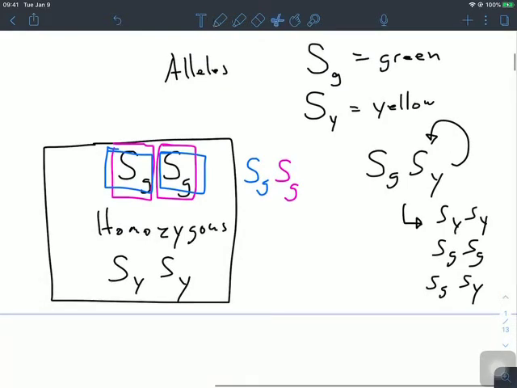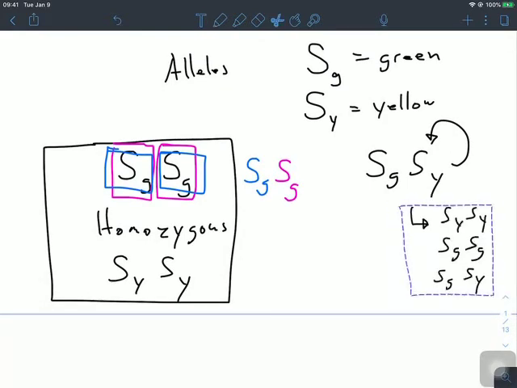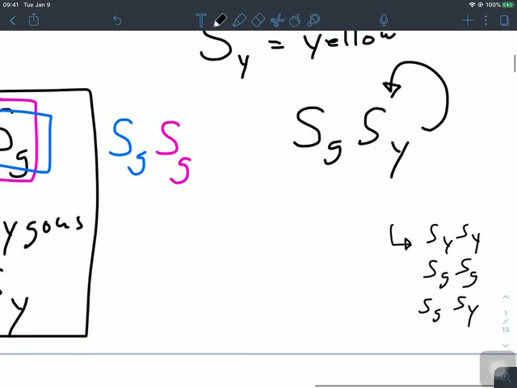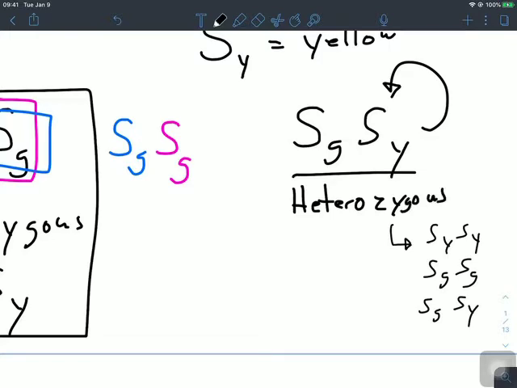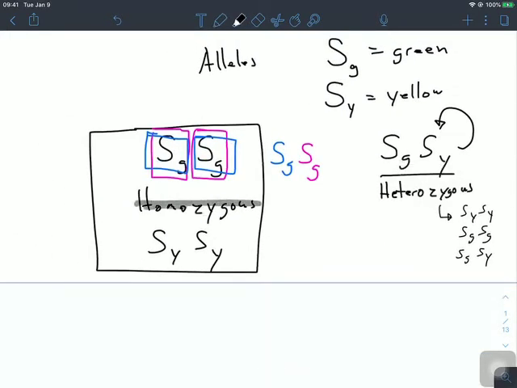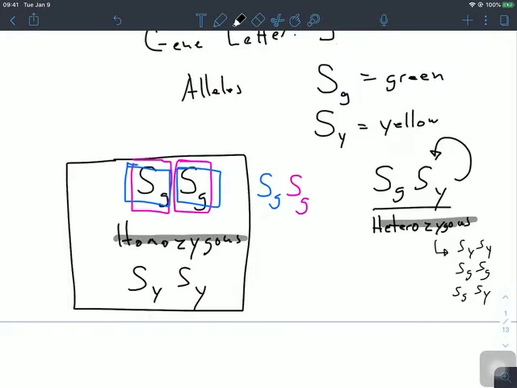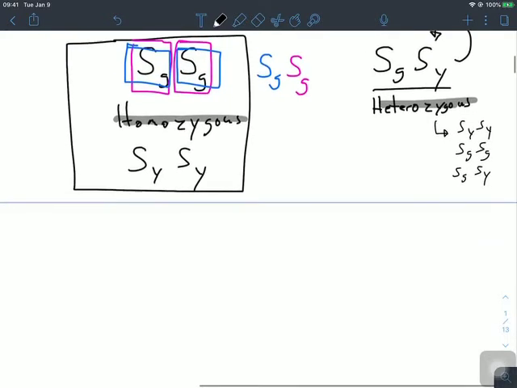An individual that produces a plethora of different progeny has two unmatching alleles and is therefore heterozygous. So homozygous alleles match, heterozygous alleles do not match. So then how do we figure out dominance and recessive? Well, a gene that is dominant